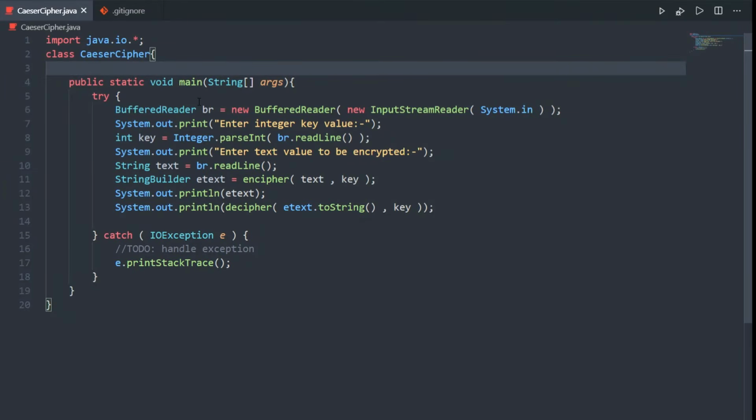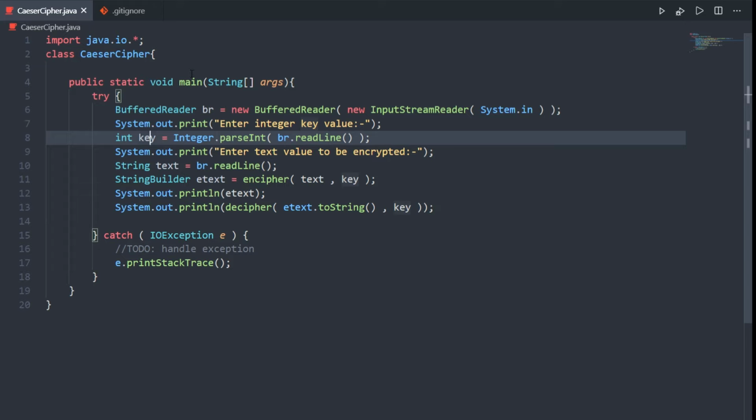First of all, I have a boilerplate code here because as we know, Java is a verbose language and we have to type all those print statements and input statements. So I'm just using java.io package. You can use scanner. It won't change anything. And I'm using string builder because string builder is mutable and string is immutable, so it will just give a better performance and nothing too much complicated. I have a buffer reader to take input. We have an integer key and we have a text which we want to encrypt.